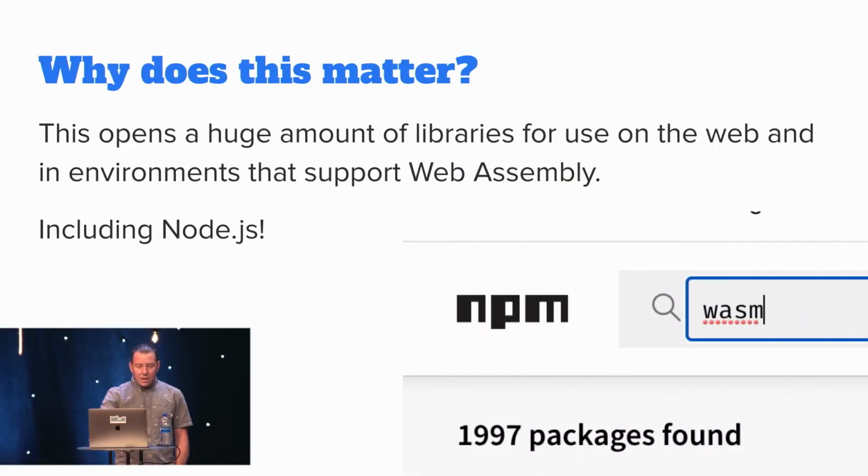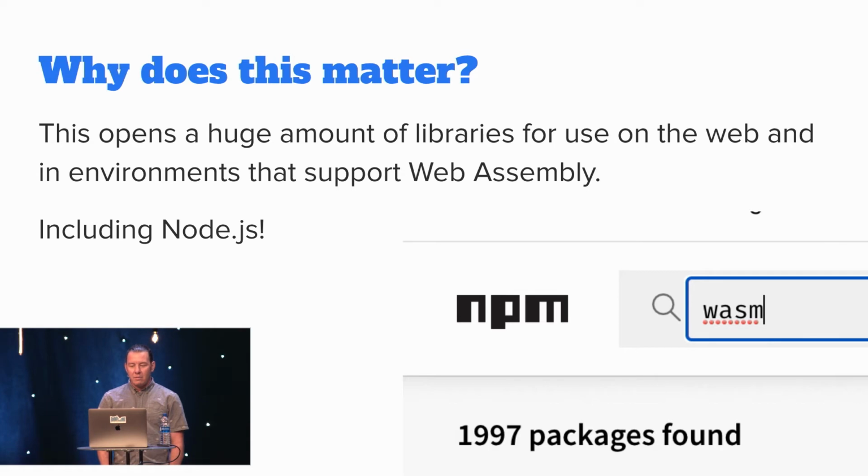And why does this matter? Previously, if you wanted to use something in a browser, you'd have to port it to JavaScript, or not run it in the browser, right? Make some server-side service that you call through some API.